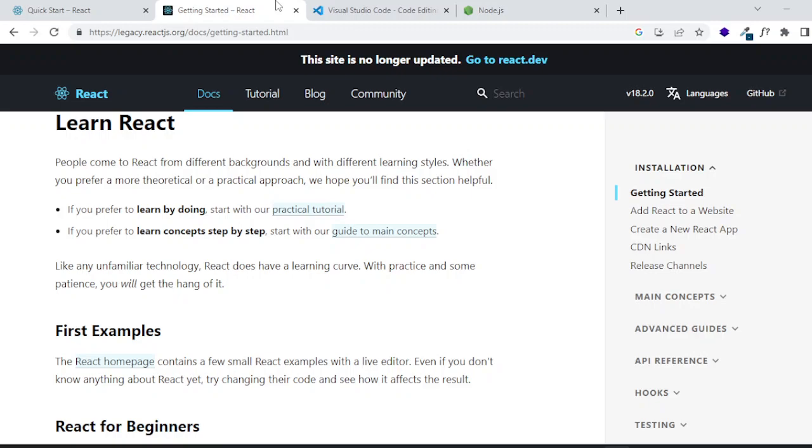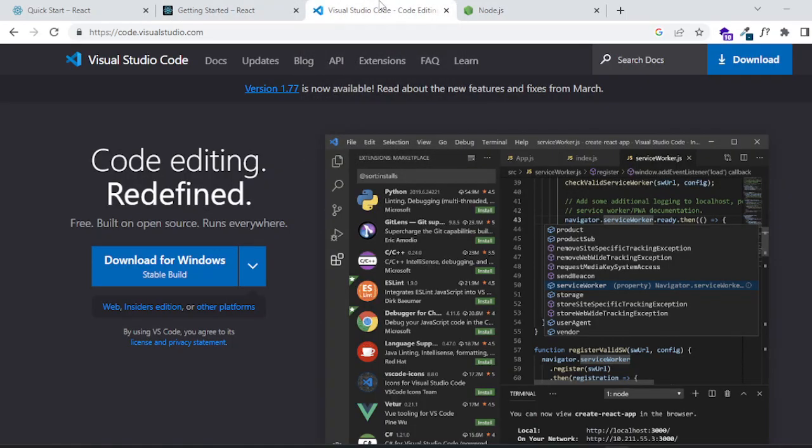In this video, we will start the React JavaScript library, and before we start React, we need two things in our local machine so that we can work on the development of a website or any application with the React.js JavaScript library. So we need two things. First one is